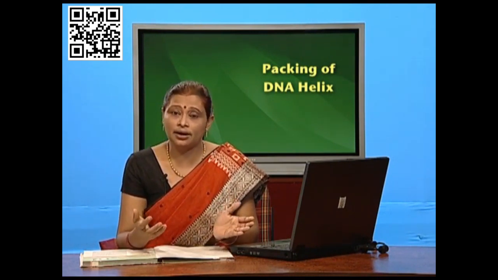So now we have studied the detailed structure of DNA and how the DNA is organized into the chromosomes which we see during cell division. Now a very important question is: what is the chemical nature of the DNA? We have studied the chemical nature, but how was it proved that DNA is the genetic material? So now let us study certain experiments that led to the proof that DNA is the genetic material, not other macromolecules like RNA or carbohydrates.